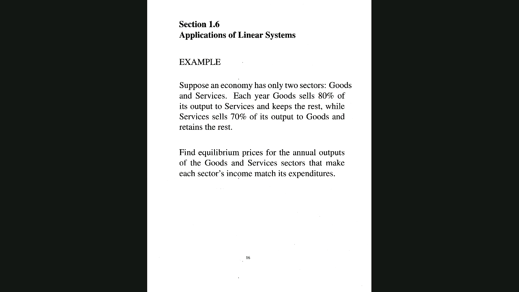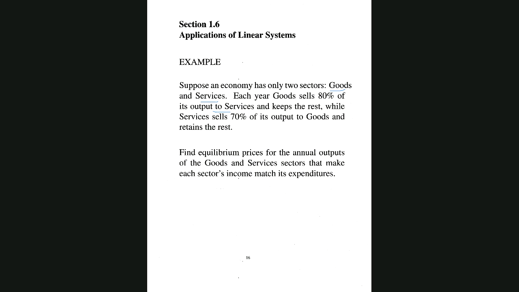Okay, so let's see here. In this problem, it's an application of linear systems. It says, suppose an economy has only two sectors, goods and services. Okay, so goods and services. All right, so each year goods sells 80% of its output to services and keeps the rest. So, services like